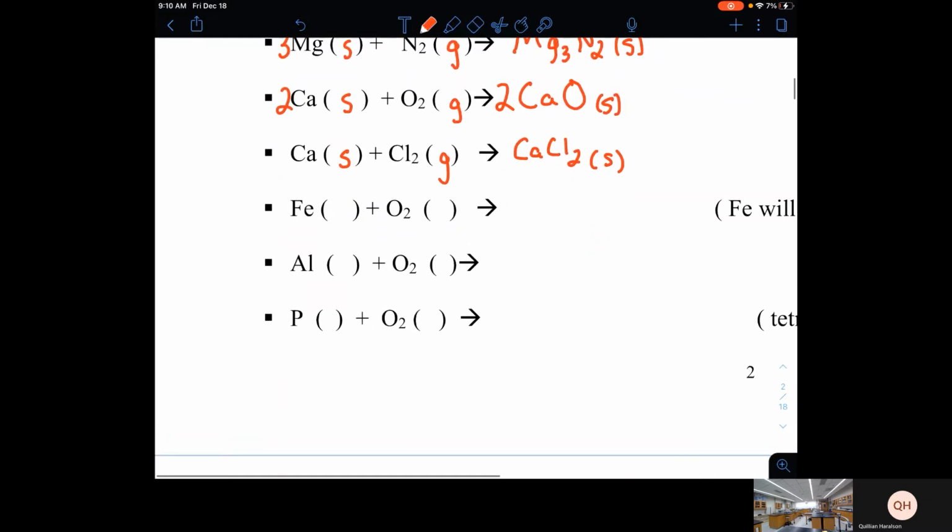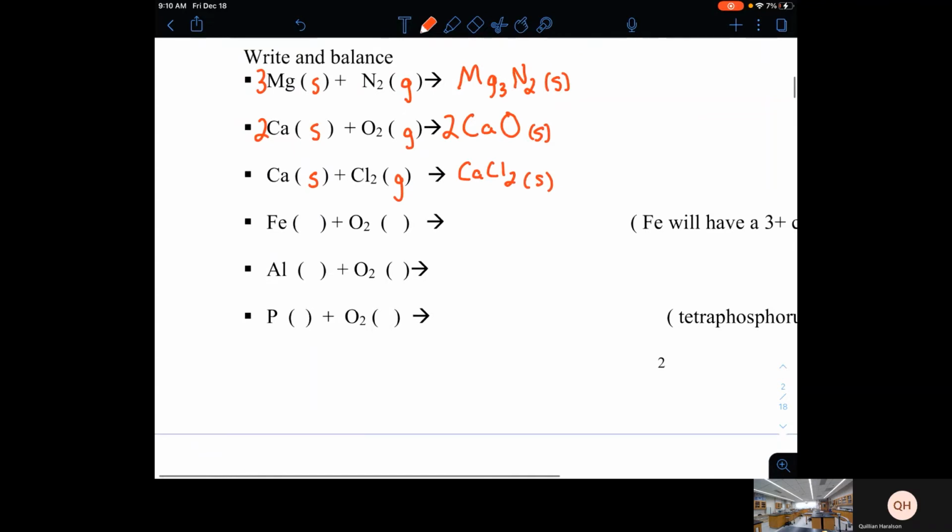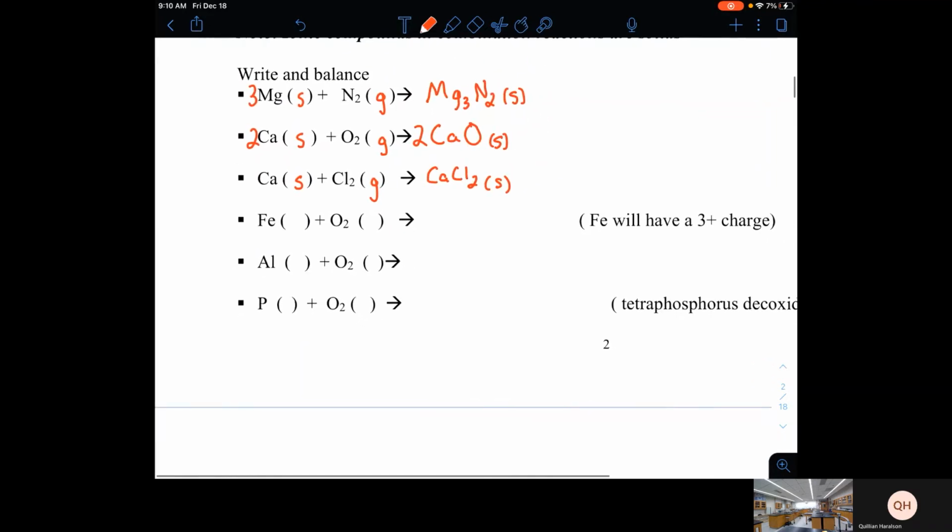For the next one, I've got iron. And iron is a type 2 cation. So if you run to the periodic table, you're not going to find its charge there. But over here in the parentheses, I do tell you that in this case, I want the iron to be a 3+ charge. So iron 3+. Oxide 2-. The least common multiple between the two is 6. So I want to have 2 of the Fe's and 3 of the oxide, so the charges will cancel out. So that's going to give me